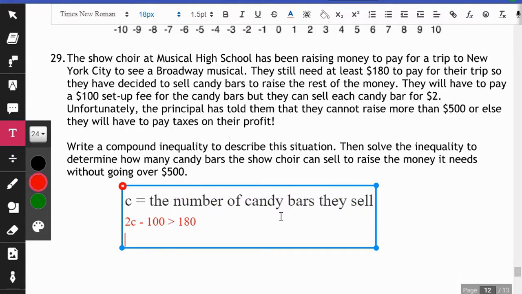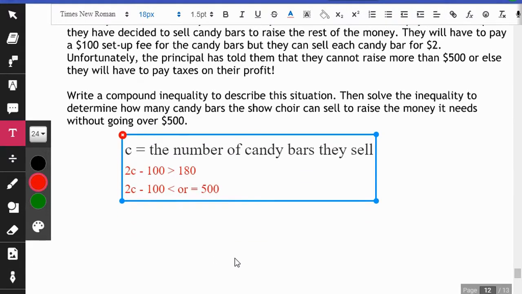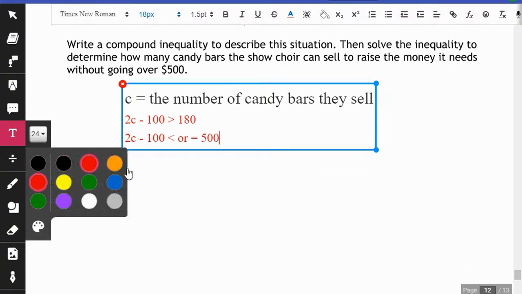Okay, the other thing we know is that the number of candy bars they sell, the 2C minus 100, has to be less than or equal to $500. Okay. We're going to have a little bit of fun with this actually, because I like messing around with stuff. So we're going to solve both of these at once. Are you ready for some fun? We're going to write